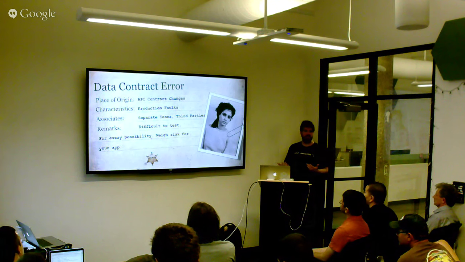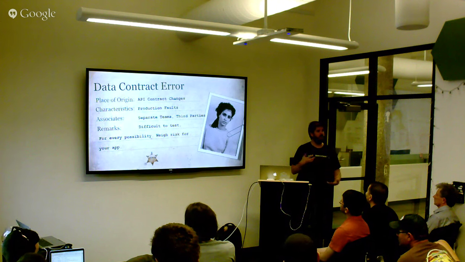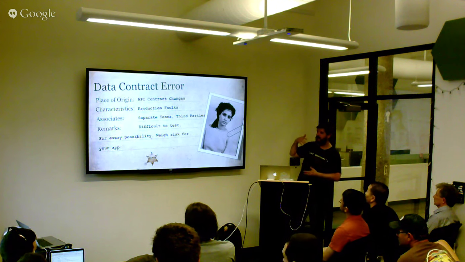This can be really difficult to test for because you're really dealing with the entire stack to make sure that the contract